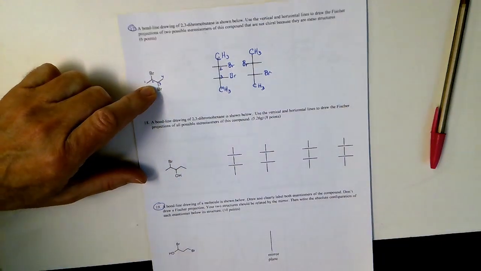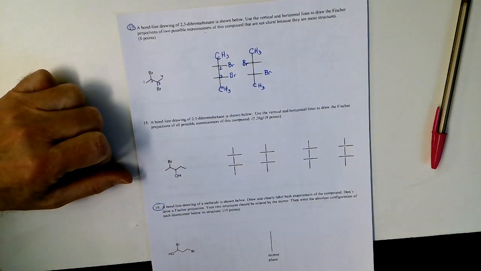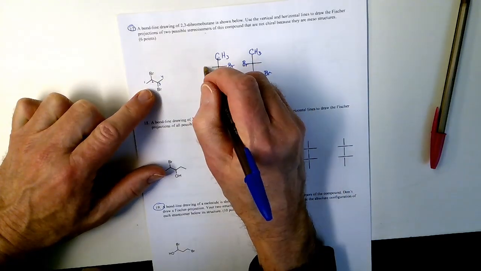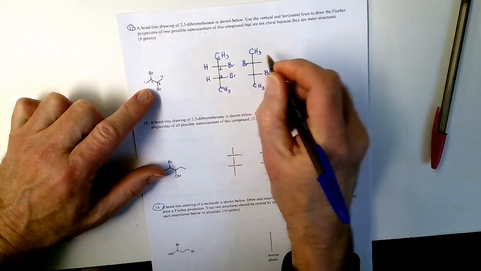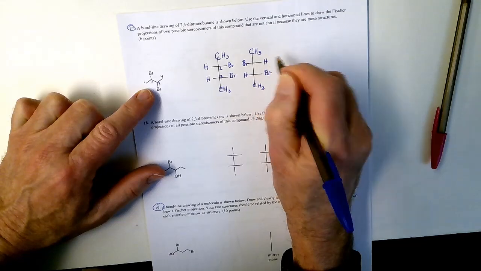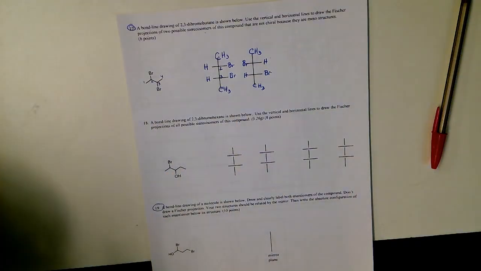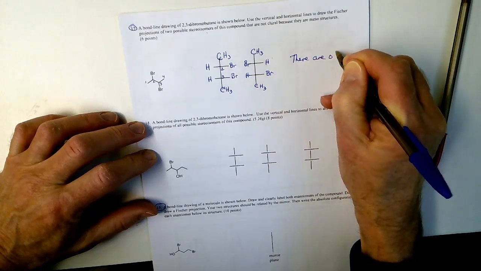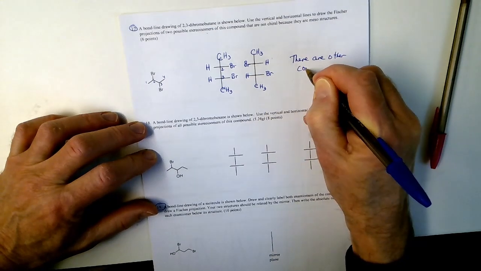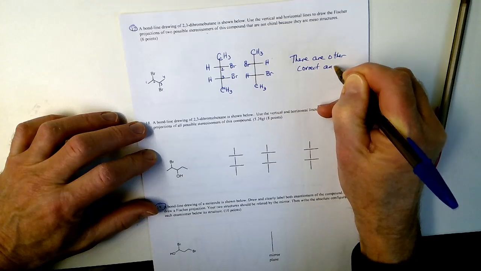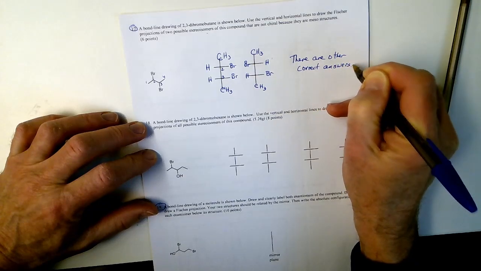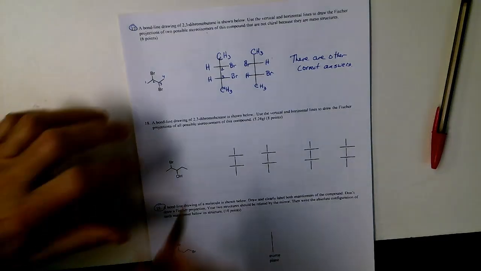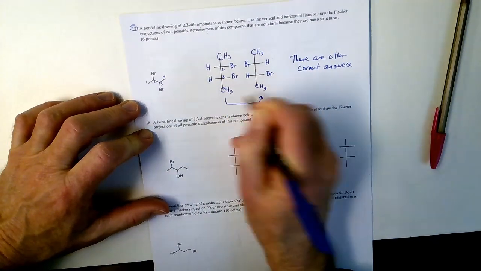Those are just methyl groups, one on either end. And the carbons that are chiral, each of them has a bromine and a hydrogen, which isn't drawn in the starting view. Okay, there would be other correct answers. Now, of course, there are wrong answers too, but there's more than one right way to do that. These right here, not intended to be mirror images.